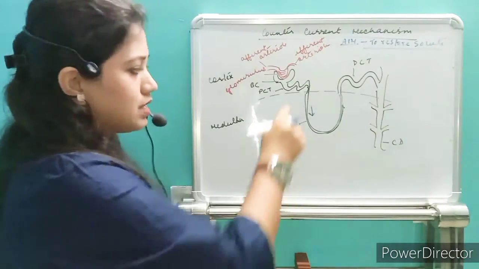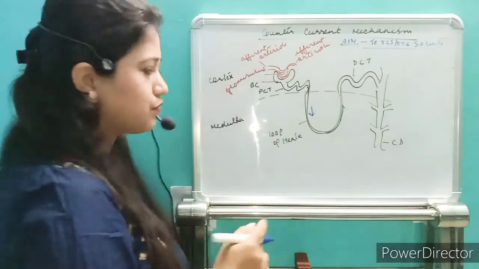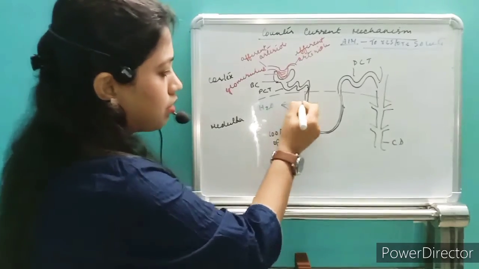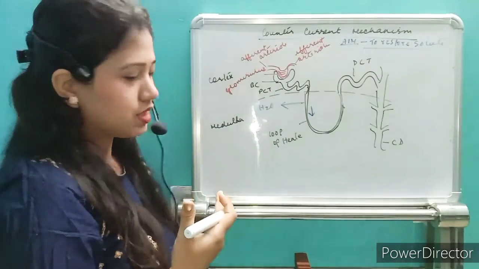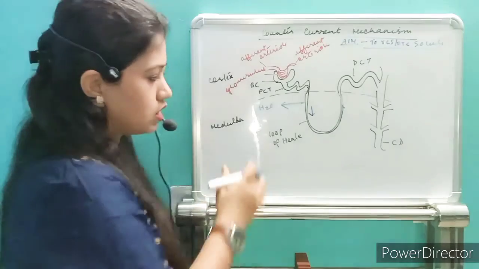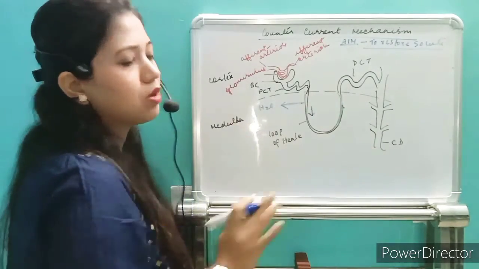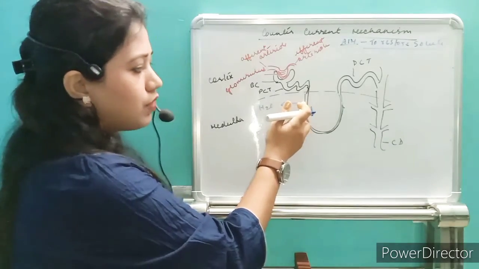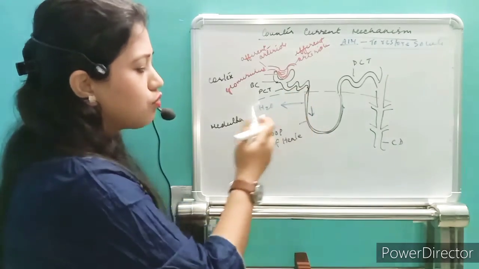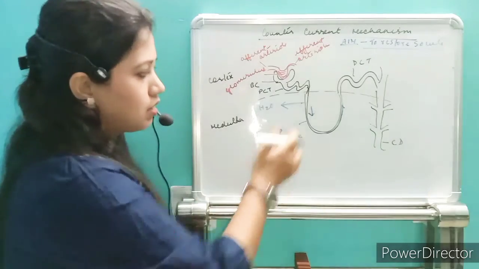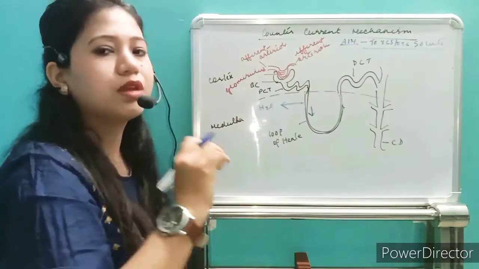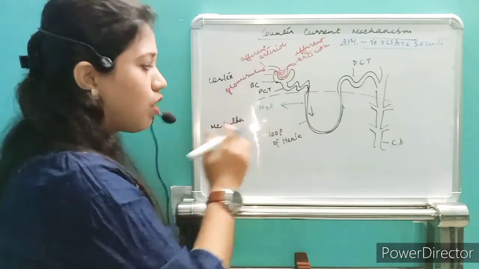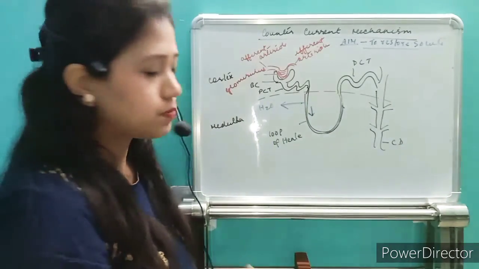Whenever the nephric filtrate is flowing in the descending loop of Henle, only water can be removed outside, into the interstitial space. So this remaining space is called the interstitial space. From the descending loop of Henle to outside, water is removed. That means the descending loop of Henle is permeable to only water, and that too from inside the loop of Henle to outside, that is, to the interstitial space.